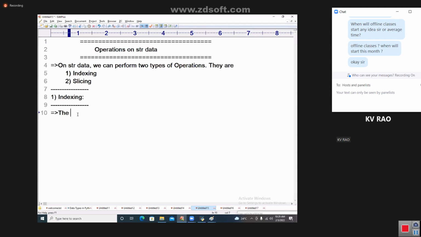Suppose in your textbook there is an index. Why is an index meant for? To locate something very easily, to find out, to access quickly, based on the page number. Like that, indexing is the process of obtaining